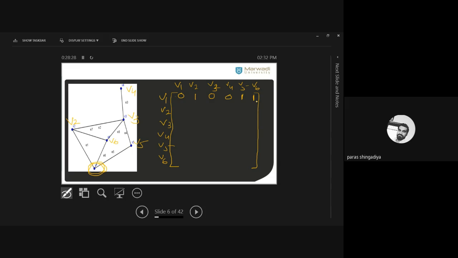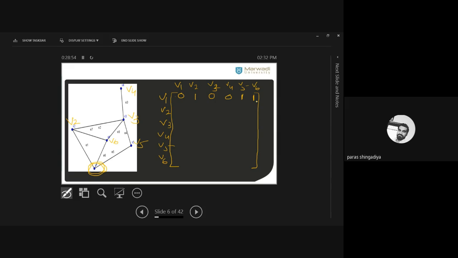And now we know that it is always a symmetric matrix. Okay, it is always a symmetric matrix. What does it mean? The first row will be the same as the first column. Okay, the second row will be the same as the second column. The third row will be the same as the third column. Why is it possible? Because it is symmetric. Okay, so what do you have to do in the next step?